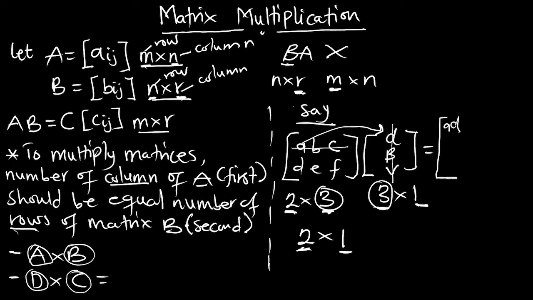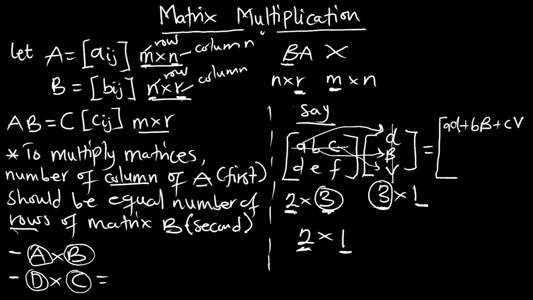On the first, we are not done. Now we come to B for the same row, same column. B will multiply the beta. So plus B multiplying beta. Then C will multiply the V, plus C multiplying the V. Are we good? Now we are done with first row, first column,